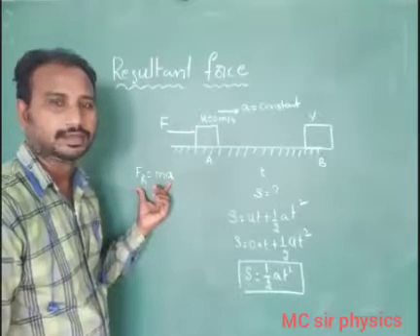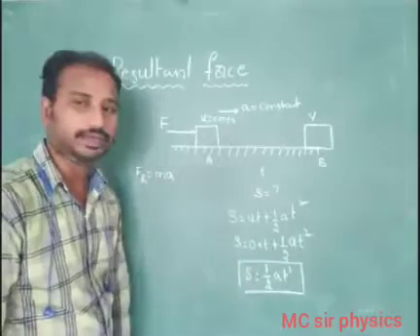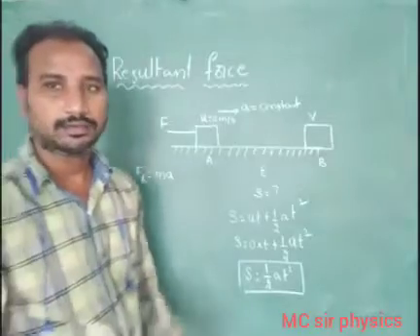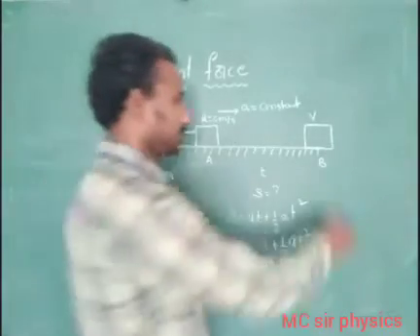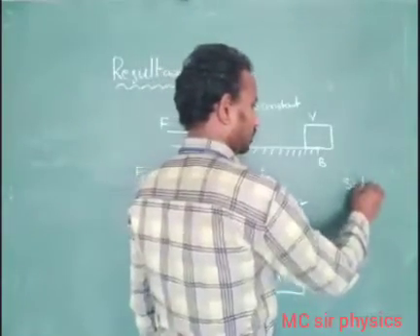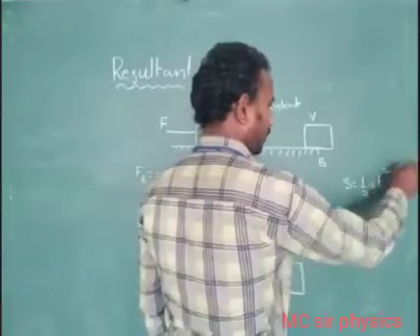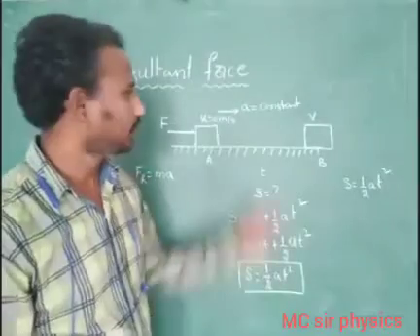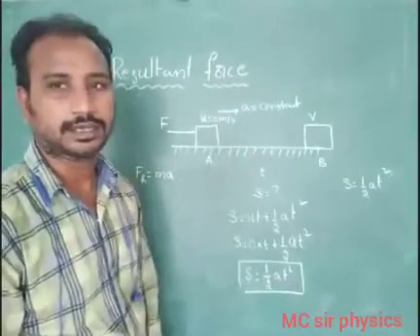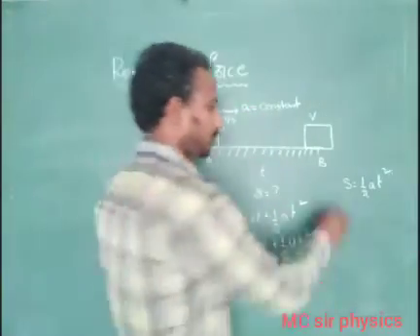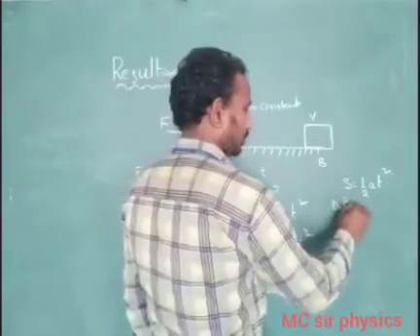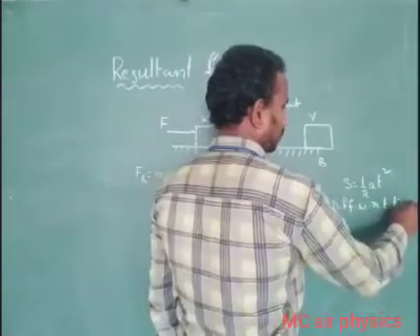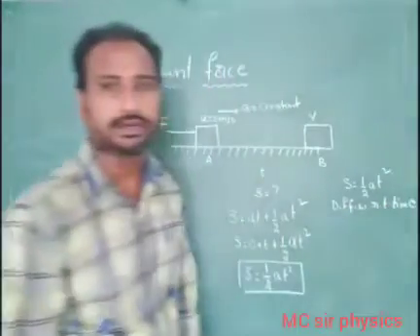Otherwise, here displacement is one variable quantity, and we can find out that acceleration. So just identify this condition: S equals 1 by 2 a t square. Find out the acceleration of this body. Here acceleration is constant, we discussed it. To find the acceleration, differentiate with respect to time.